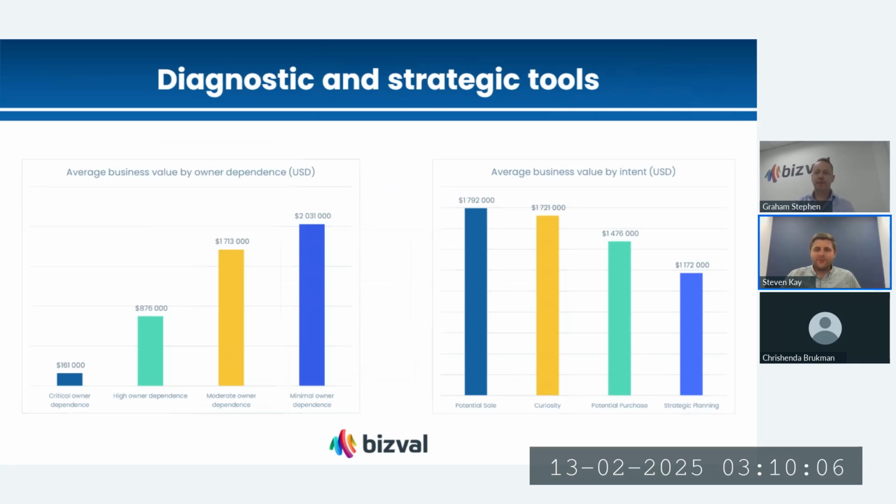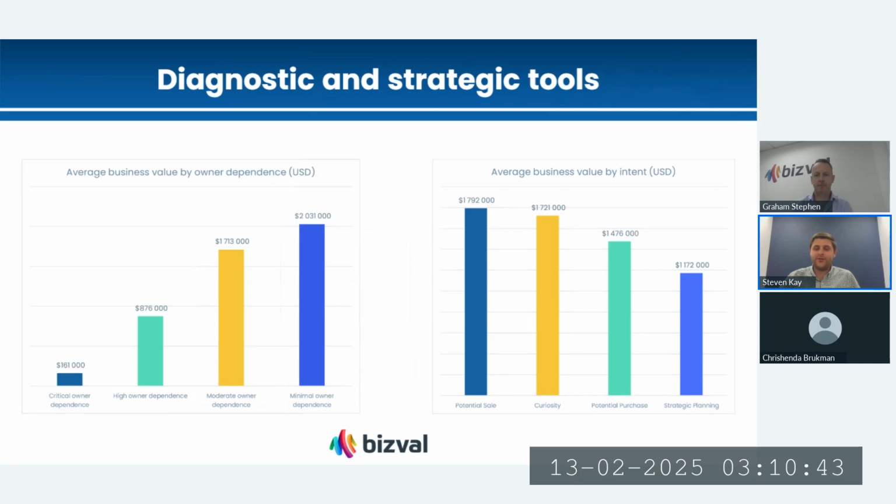So you'll see we've got a couple of stats up in front, and this is just pulled from our back-end data. But there's obviously a number of assumptions and inputs that go into creating that value. But you can see on the left graph, it's a very clear step up, and that's just a degree of owner dependency. So all the way on the left, we can see the average value of businesses that have come through us is around $160,000 if we normalize it to USD. And that's with a critically high level of owner dependence. Naturally, those businesses are worth less. And that's not including the fact that those probably have lower revenue outside of greater risk assumptions.